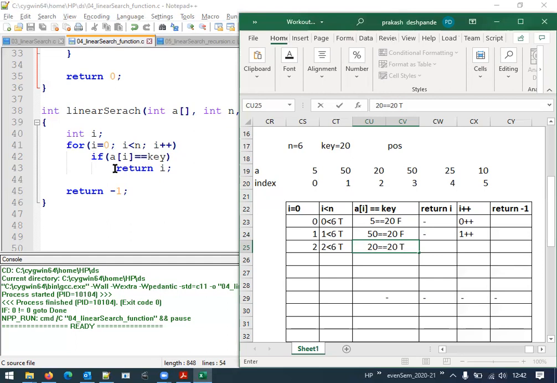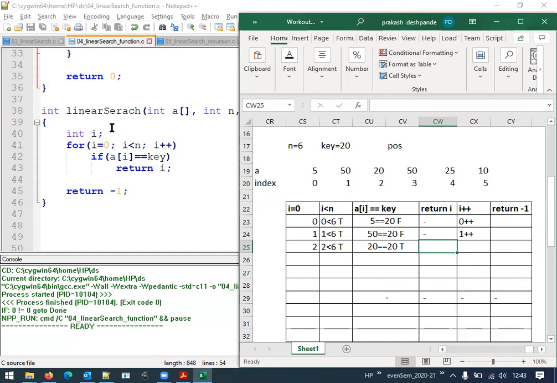Since it is true, it will enter into its true block, that is return i. So now the return i statement will be executed. So return i means what? The return statement's function is, whenever a return statement is executed, the control will go back to the function which has called this particular linear search.